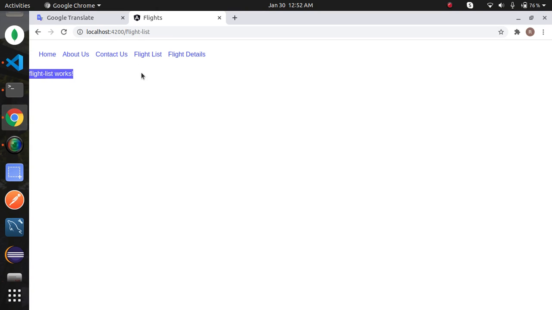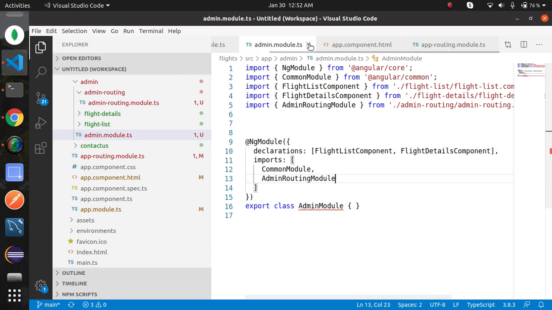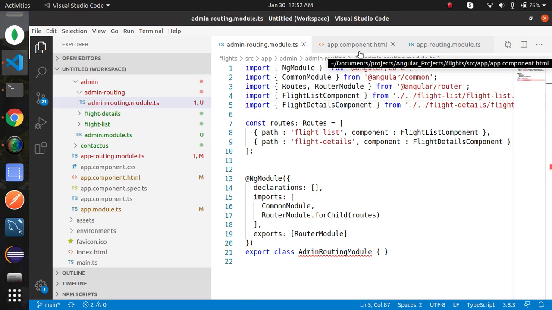Flight list working fine, flight details both working fine. So in this way you can handle routes for a feature module. Close all those files excluding the admin routing module.